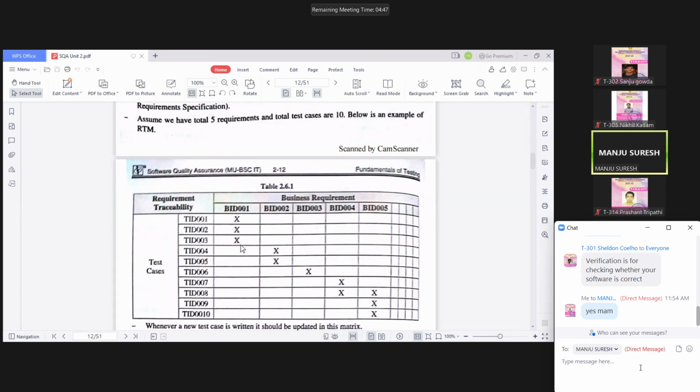We are tracing. Each requirement has a test case, and each test case is with respect to the requirement which is given by the customer. Are we clear? If you are not clear, please ask questions.